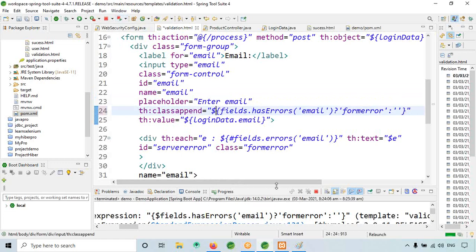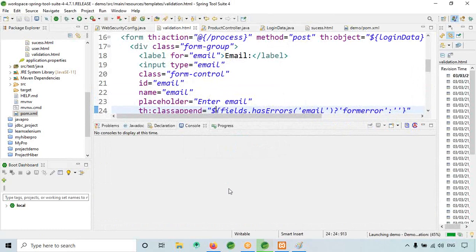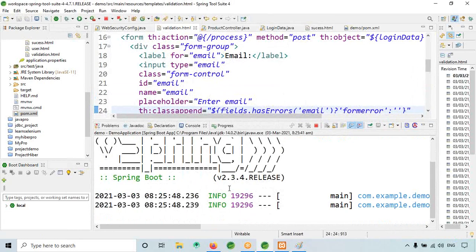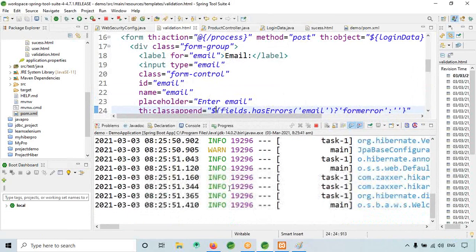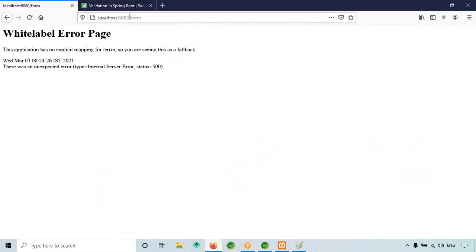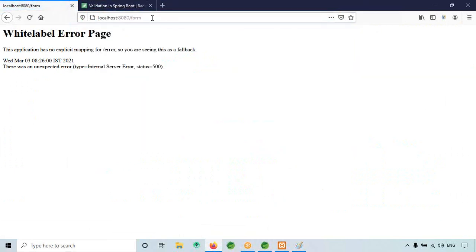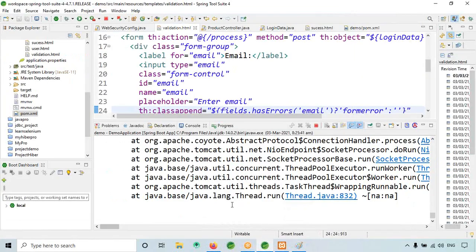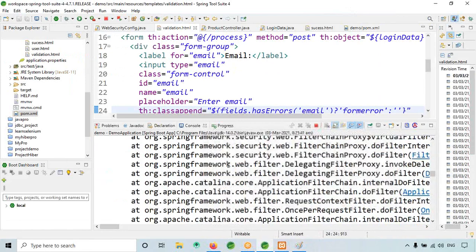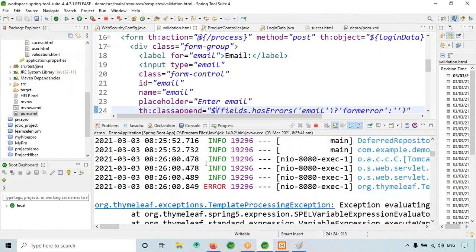Let me restart. Okay, so now let me go to the form. Okay, still an error. Let me check what that is.